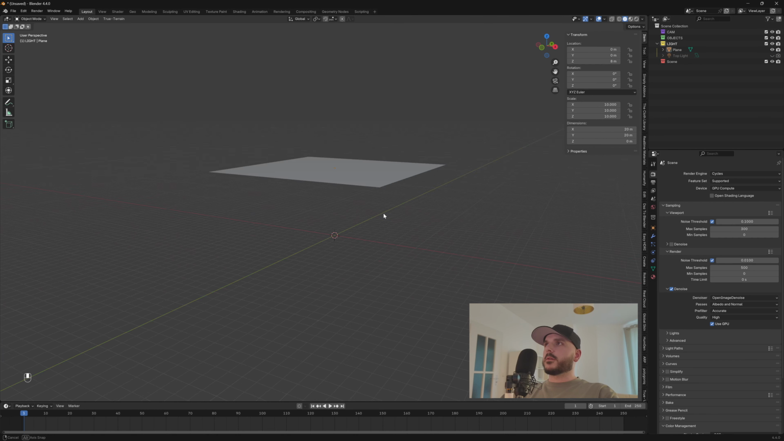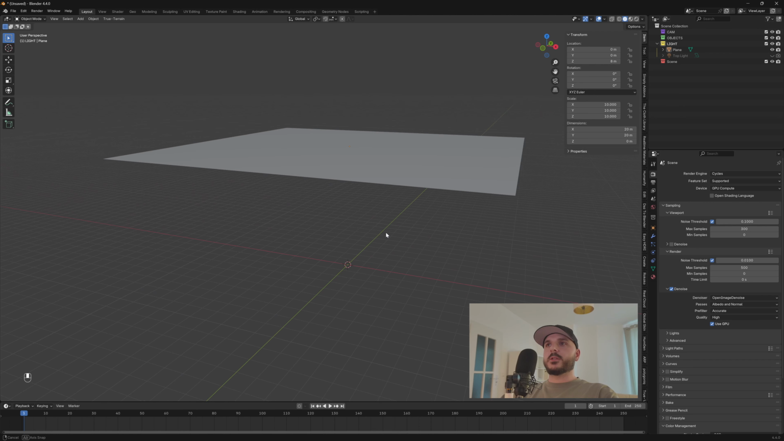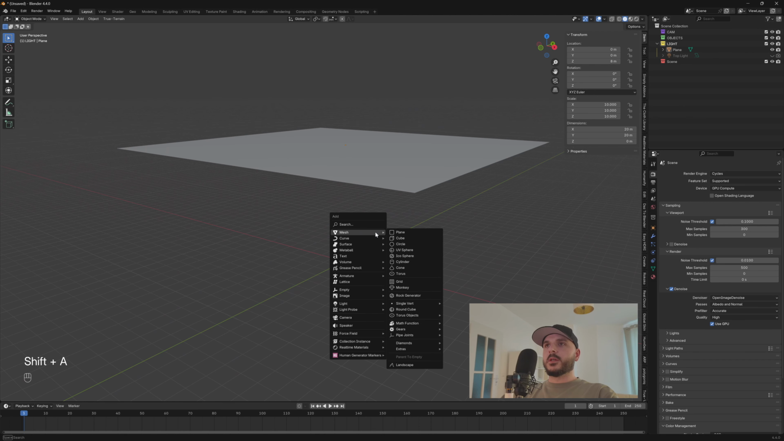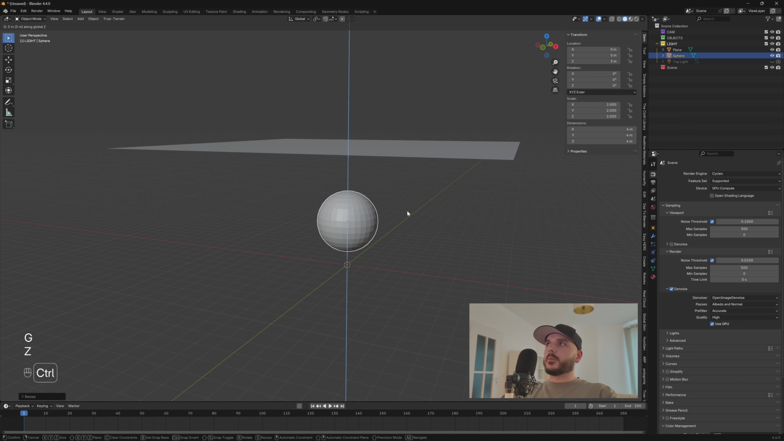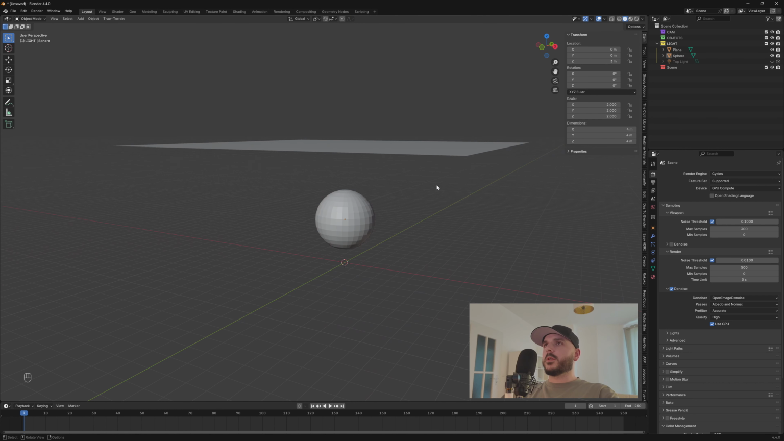Now we need a mesh that the cloth simulation can collide with. So I'm just adding a new UV sphere, hitting S and pressing 2 to scale it up 2 times, and then G and Z again to move it up a bit. So okay, we can select the plane,